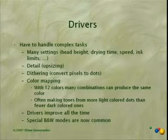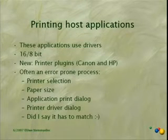Then you have the printing host applications. The most known is Photoshop. We currently have the discussion of 16 to 18 bit, so that you also have a 16-bit pipeline to the printer, whether it matters or not. But likely it will matter soon, because with more information, you can do smoother gradients and such on the print. Some help by getting Photoshop plugins so that you directly print from a plugin, because the